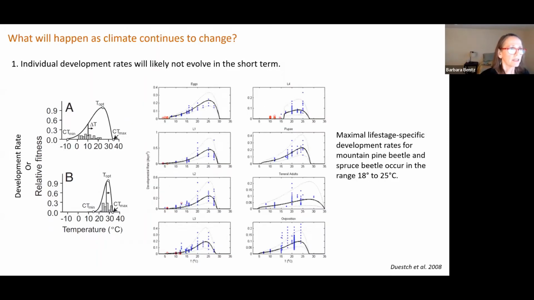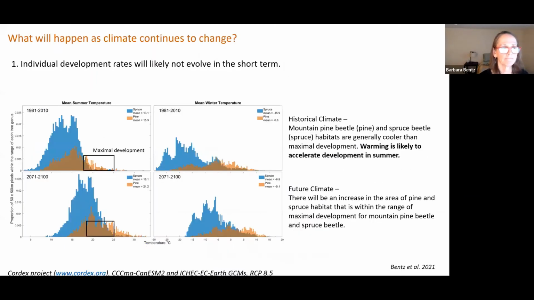So our lab studies for both of these insects suggest that the maximal life stage specific development rates for mountain pine beetle and spruce beetle are similar, occurring in a range of about 18C to 25C for the different life stages. Shown here are temperature data from the CORDEX project for 2 global climate model scenarios, using the worst case scenario, the RCP 8.5,